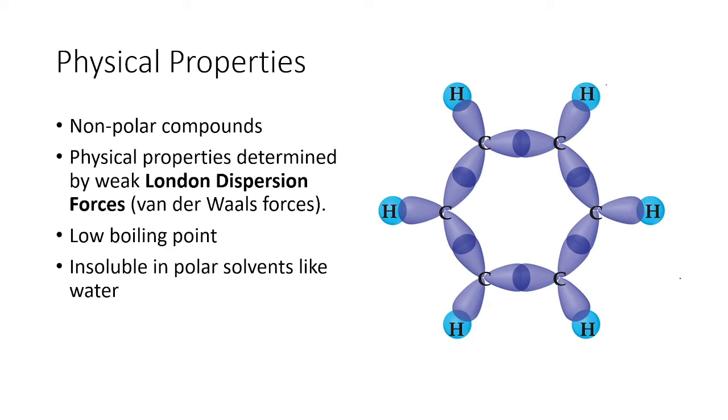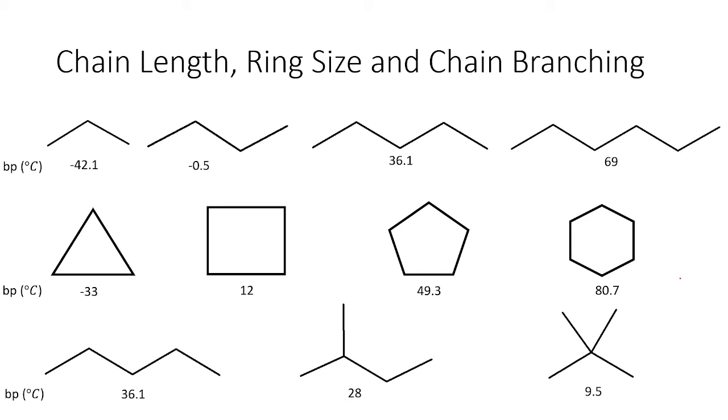So let's talk more about these London dispersion forces. Kasi kung isipin nyo, ito yung pinaka magdedetermine nung dalawang sumunod na ay yung low boiling point natin. Kasi kung titingnan nyo dito, we have here our different alkanes. Mukha lang siyang lines, pero actually this is one way of representing our alkanes